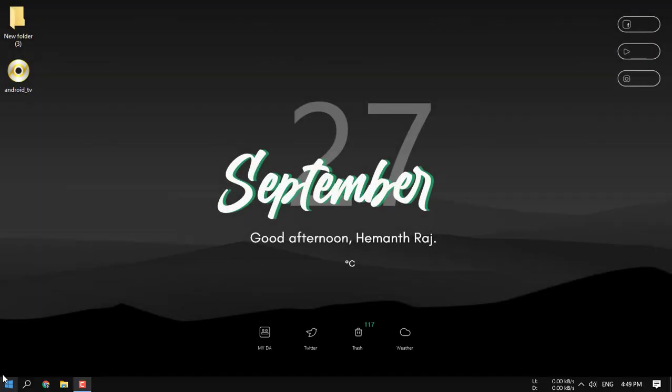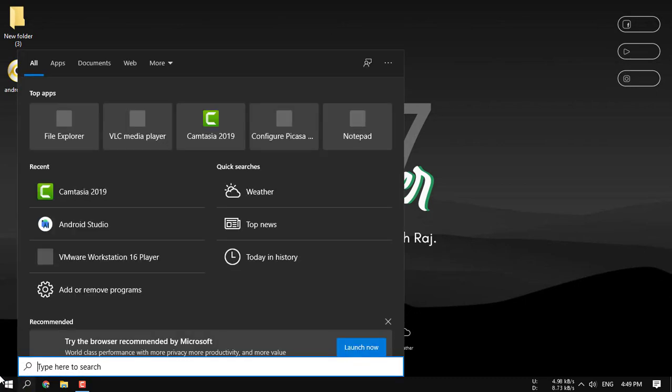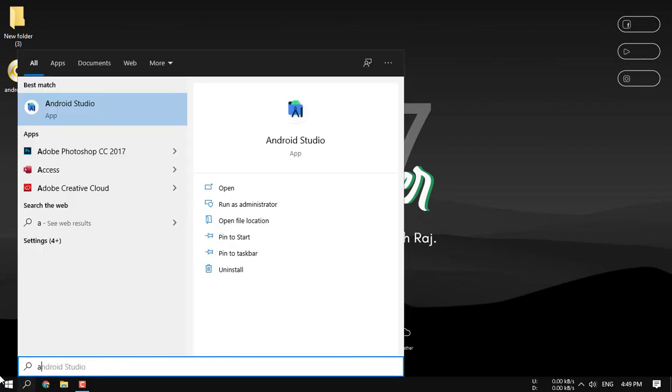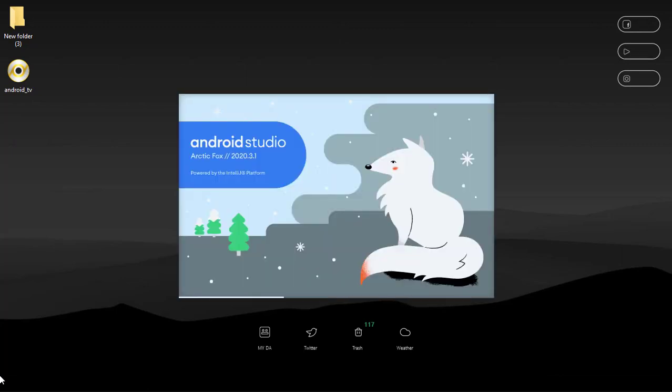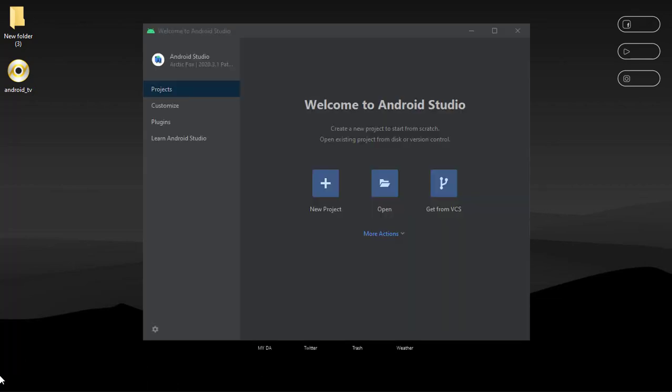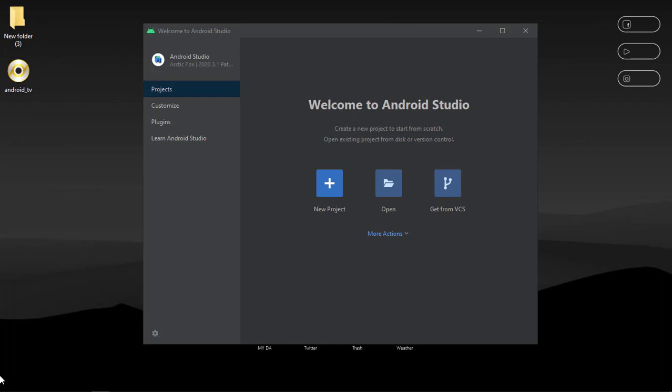So to start with, first go to the link in the description and download and install the Android Studio. It's absolutely free, you can just go to the link in the description and download it. I'm using here the Android Studio 2020.3.1, which is available as freeware on the internet itself. Once you download it, the installation is pretty simple. You can just go through the setup, and once it's done, you're ready to use the Android Studio.